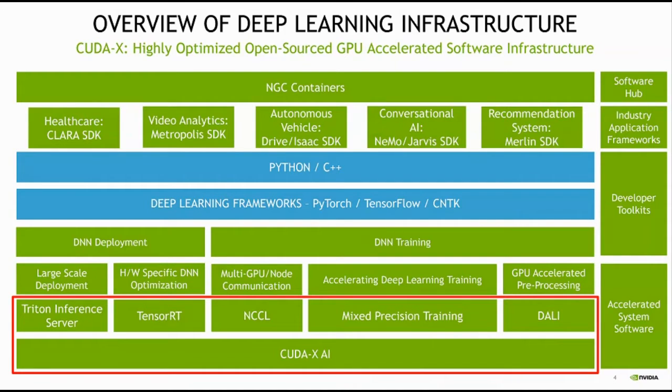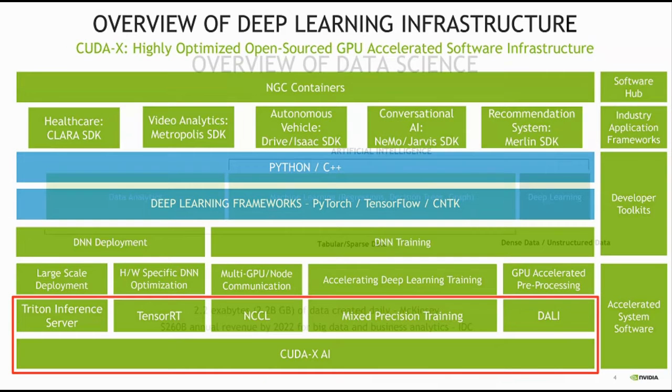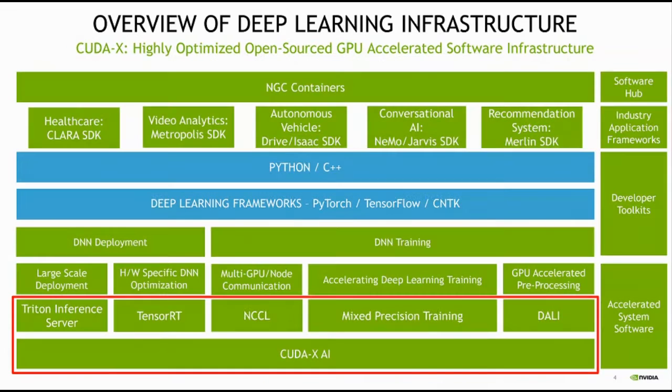And we have also built these domain specific application stacks that tend to solve very specific domain level problem statements, right? So today we are not going to cover the industry application frameworks. Yesterday we did cover RAPIDS. But there are also others for conversational AI, autonomous vehicles, video analytics, as well as for healthcare, and even recommendation systems. So what I'm going to cover is the bottommost part, which is broader, and can be extended to frameworks like PyTorch and TensorFlow.